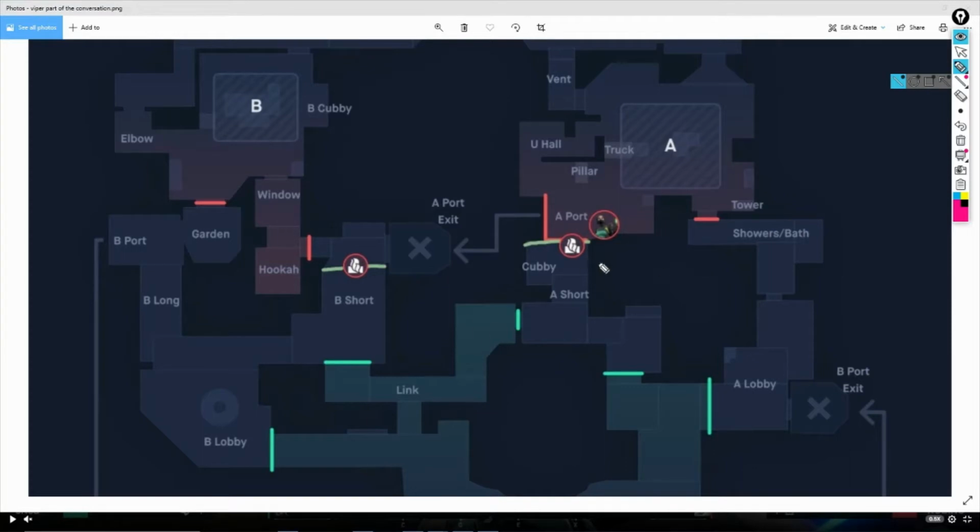So what I've done here is I have just put where we are in the round into strat rat to allow us to talk about it in a way that isn't me drawing on a really small minimap. The first part here is this A short wall, and this part of the wall here is, I would say, pretty standard. This is somewhere that is pretty normal for a defender to smoke